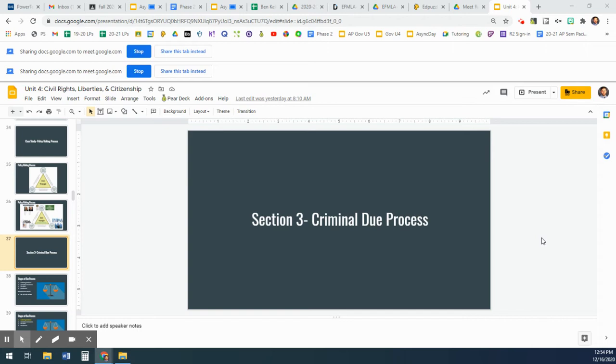We've been talking about the freedom of speech and freedom of religion. Well, we also have freedoms in the area of criminal law, right? From all the different parts of the process, that includes the search and seizure of evidence and the arrest, through the questioning, through the trial, and all the way through the punishment. We call these four steps the criminal due process.